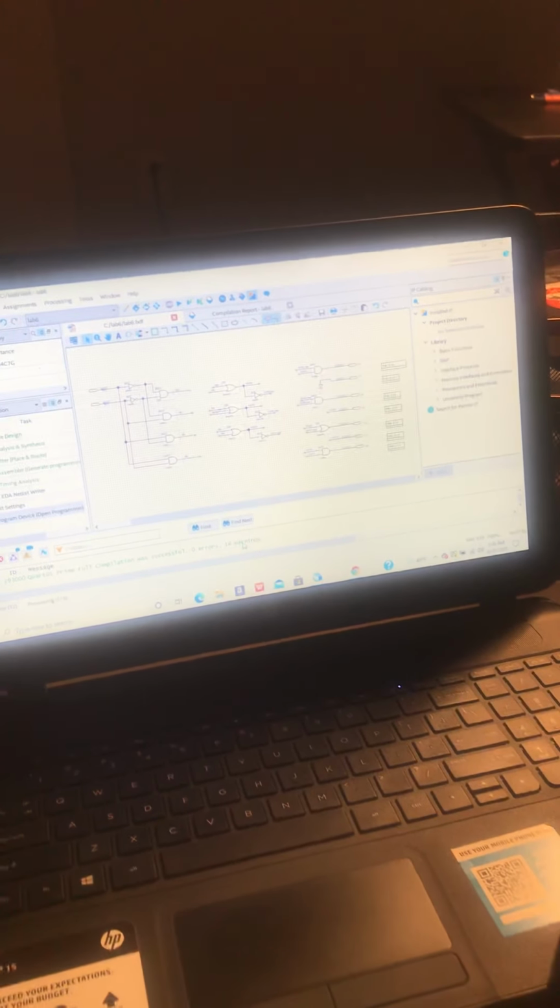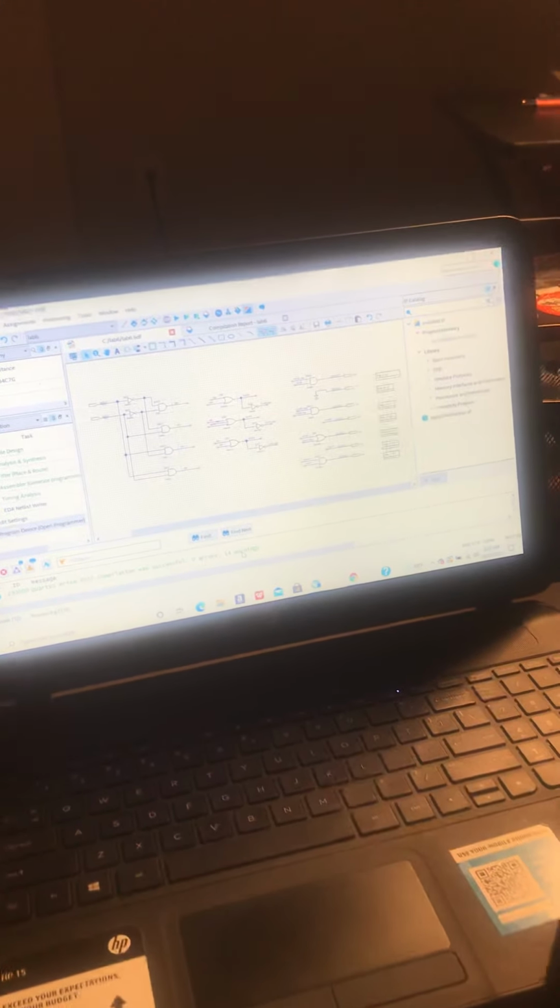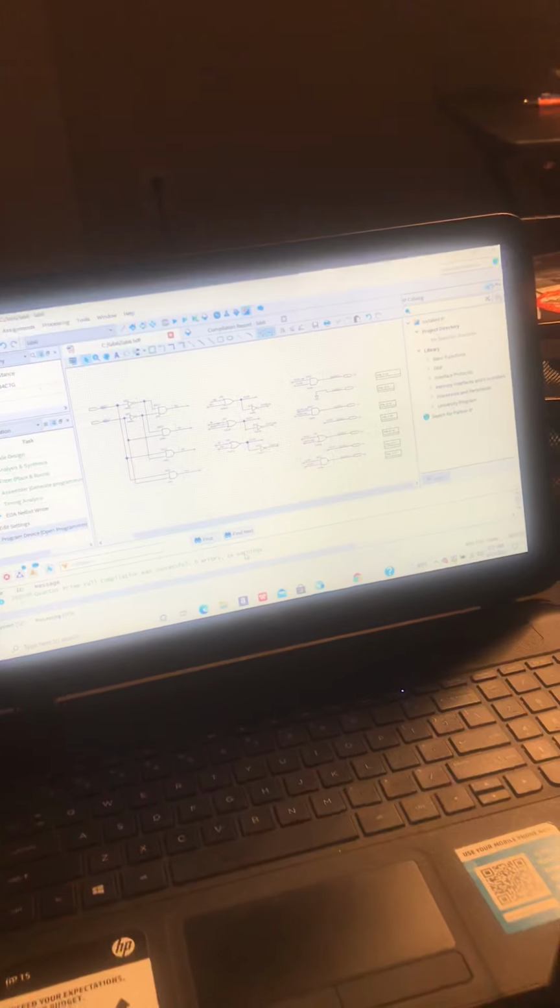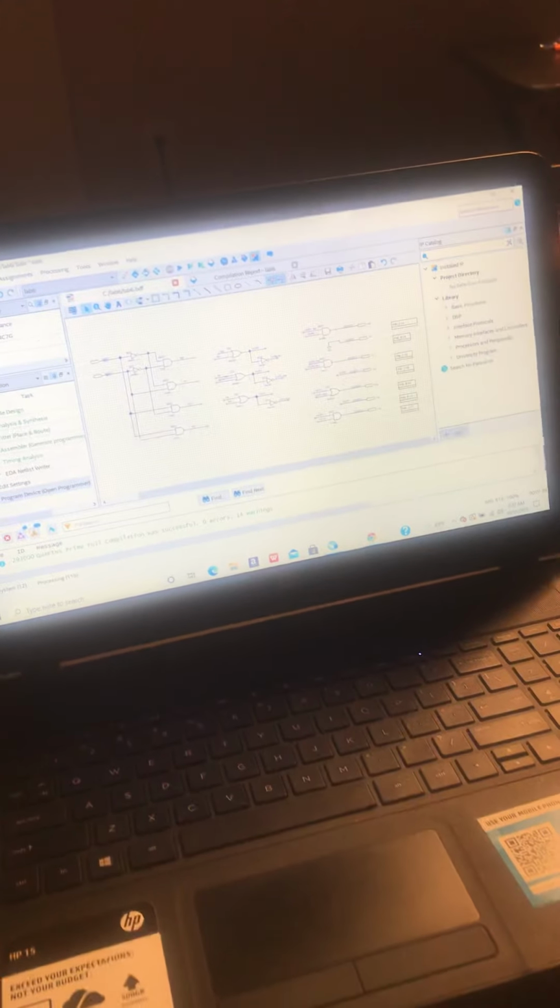Hi, in this lab 6 we were asked to design a ROM, which stands for read only memory, and in fact it's a non-volatile memory. So we picked the size of our ROM based on the number of addresses we wanted to represent, and the number of addresses was 4,